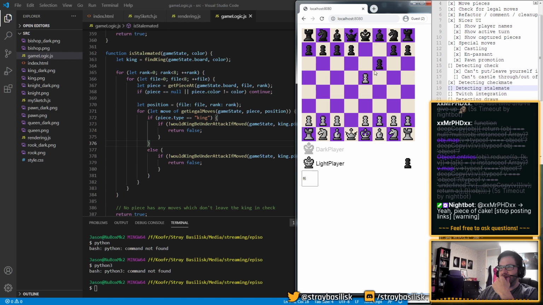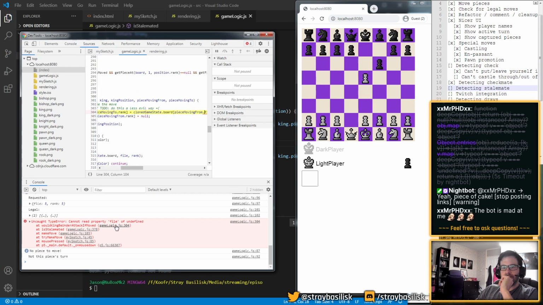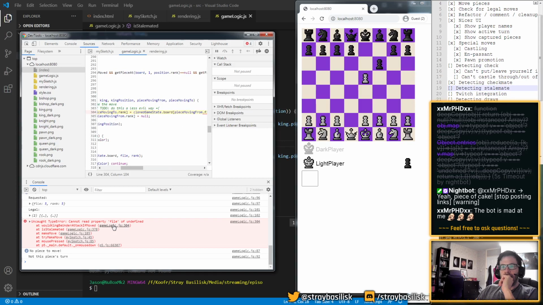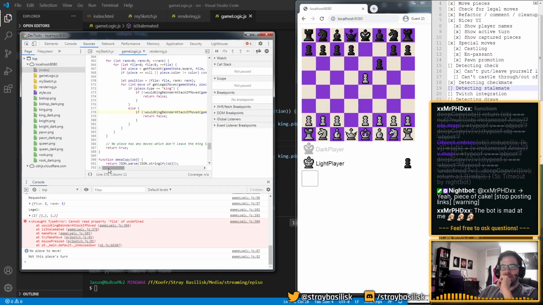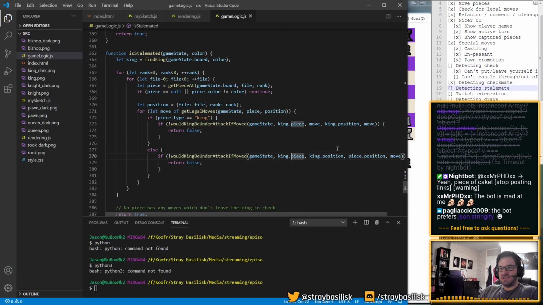What's happening with these clicks here? So something in stalemate is going wrong. Oh, it's not piece position, it's just position.